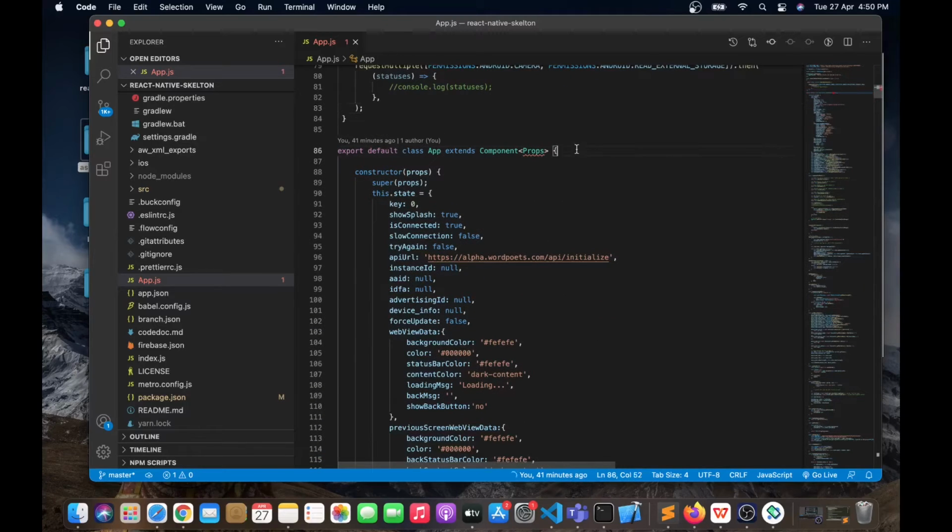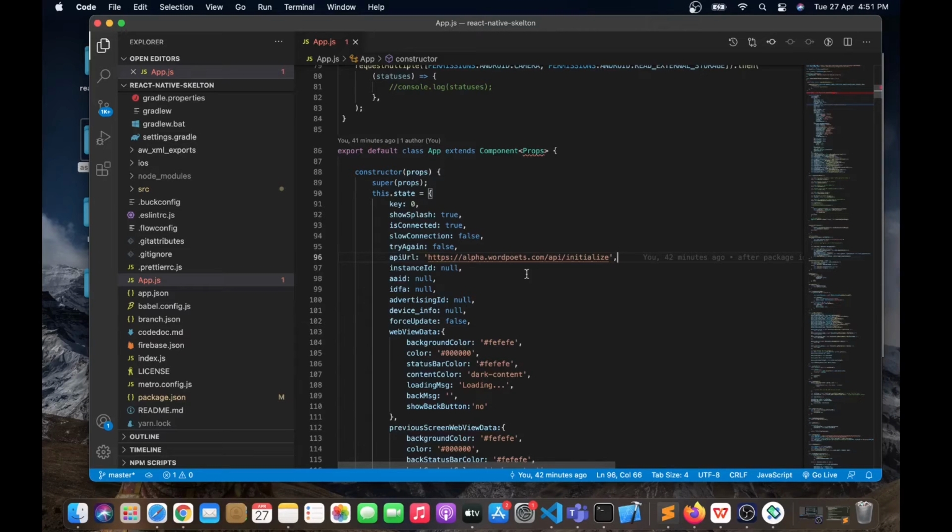And if we go into this class, here you can see there is an API URL mentioned over here. So everything starts from here. So what we are doing is that in our skeleton, we are firing one request to the API. It's a post request, and we will get the response back, and we are using that response to